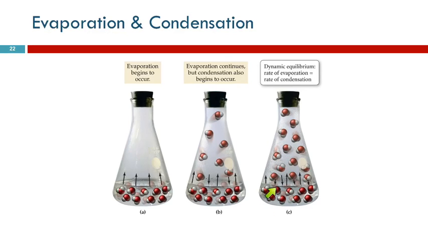The rate of condensation is going to be affected by the surface area of the liquid. If you have a larger surface area, the rate of condensation will be greater, but also the rate of evaporation will be greater. The rate of condensation is not affected by temperature. The rate of evaporation is affected by temperature. So the vapor pressure of this gas is only affected by the temperature of the liquid. So in lab, we went to the CRC and we looked up the vapor pressure of water at the temperature that our experiment was at. Because the vapor pressure of water depends only on the temperature of the water. Any questions?